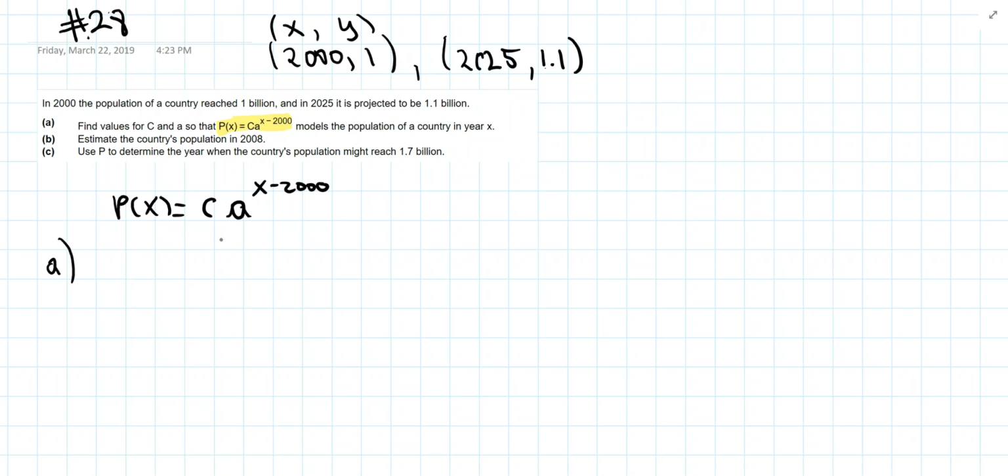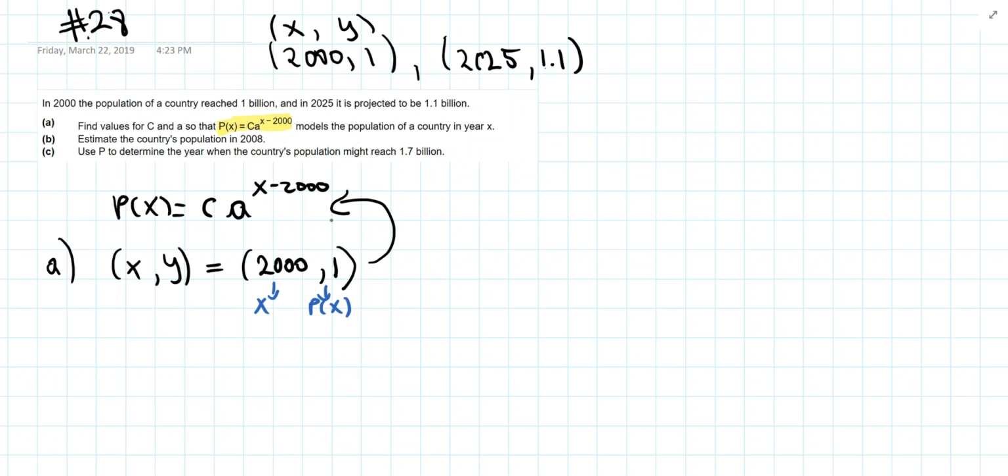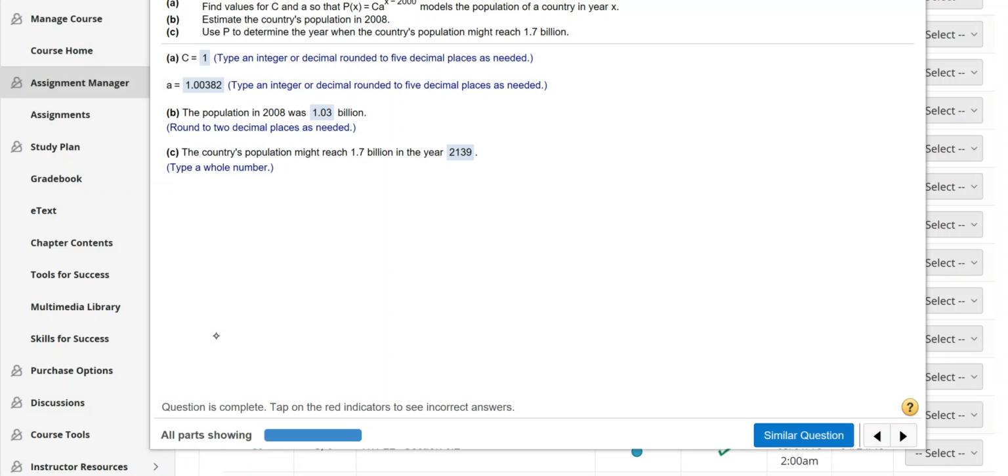So we need to use the fact that for a given X and Y, for example, for the first one, when X is 2000, the output P of 2000 is 1. So this is my X and this is my P of X. So if I substitute these two values in this equation, I get that the output P of X is 1. So 1 must be equal to,